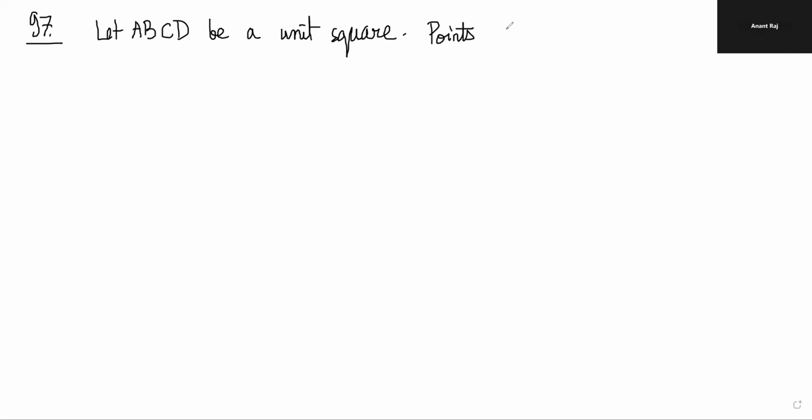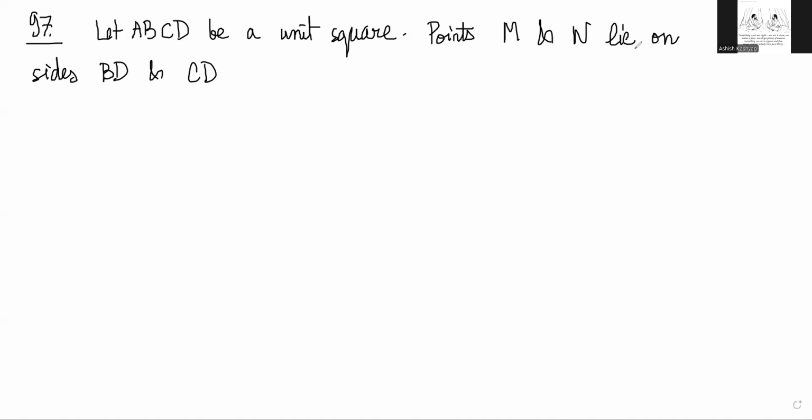The question says let ABCD be a unit square. हम्म इसमें एक्चुअली मैंने ट्राई किया था तो मुझे लगा कि मैं पहुंच रहा हूँ, लेकिन फिर लास्ट में बहुत ज़्यादा लेंदी होने लगा, तो फिर लगा कि गलत हो रहा है, तो फिर छोड़ दिया. Okay, points M and N lie on sides BC and CD respectively.